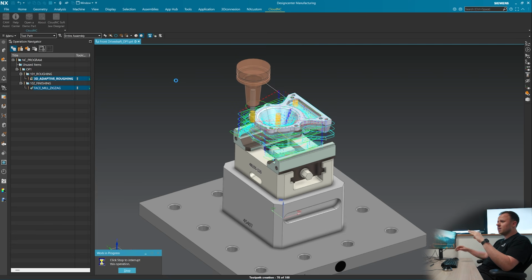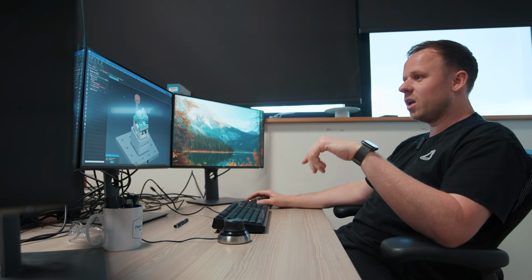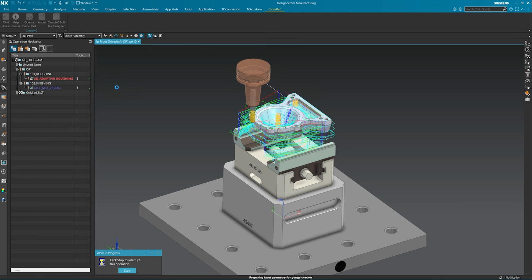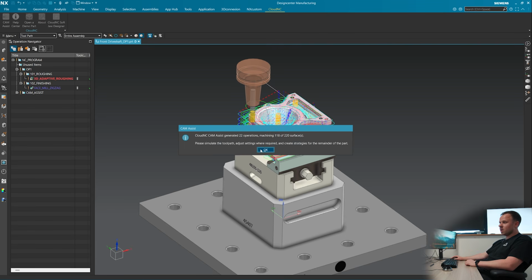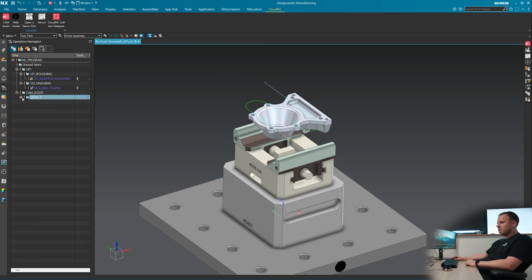So by the time I've created my roughing path, I've created my finishing path, I've been able to go into CAMAssist, I've been able to generate a whole Op1 program. I can go make a cup of tea, and by the time I get back, I've got an Op1 program ready to go. I can then go and quickly simulate that, post-process it, chuck on the machine, and I'm on to my Op2. And then, yeah, in a couple of minutes, I've generated 22 operations and the program is complete. So, as you can quickly see, from the 2 paths, which I've calculated or managed to do in a couple of minutes,